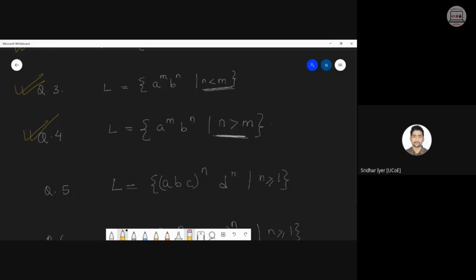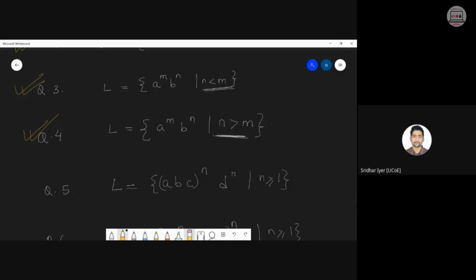Language is made up of (ABC) raised to n, comma D raised to n. Now you only tell me how to solve this. There might be multiple alternate answers, but you only tell me how we can solve such a problem. The simplest one. It is (ABC) raised to n. So we have to take ABC together. जब भी bracket आता है ना question में, इसलिए मैंने जानबूझ के bracket डाला है, whenever you encounter brackets it is a complete single term, so ABC has to be treated as a single term.